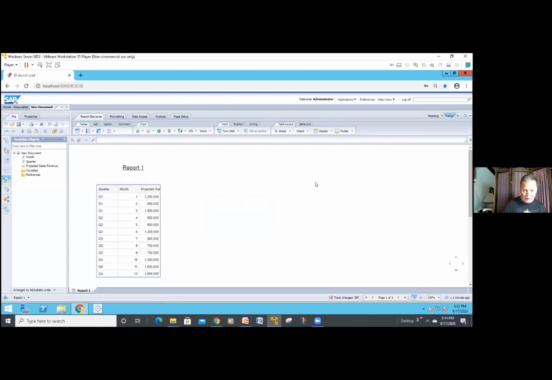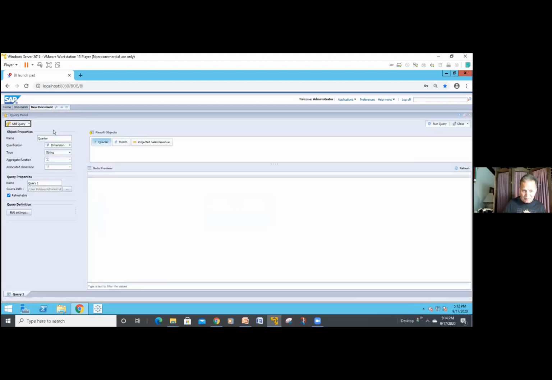and lo and behold, there it is. My available objects show up on the left side. Normally, I like to arrange those by query rather than alphabetically. There's only one query, so it doesn't matter. That Excel file is viewed just like any other one. If I edit the query, I can go back to edit that one, or I can add another one. My other options would be to add another query from whatever combination I needed as well. So I could bring in